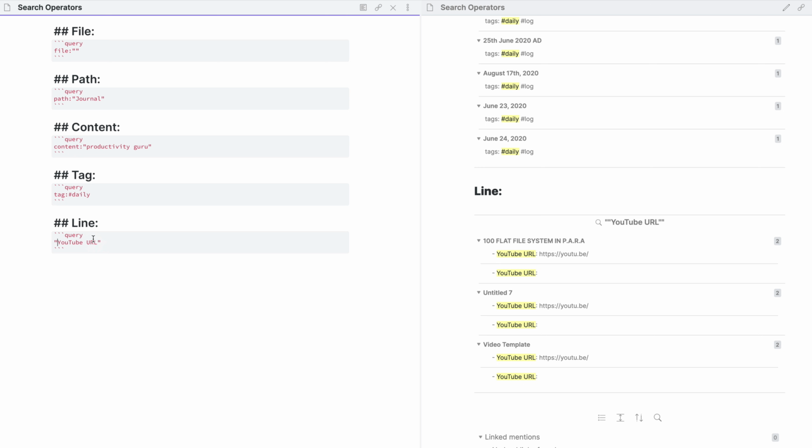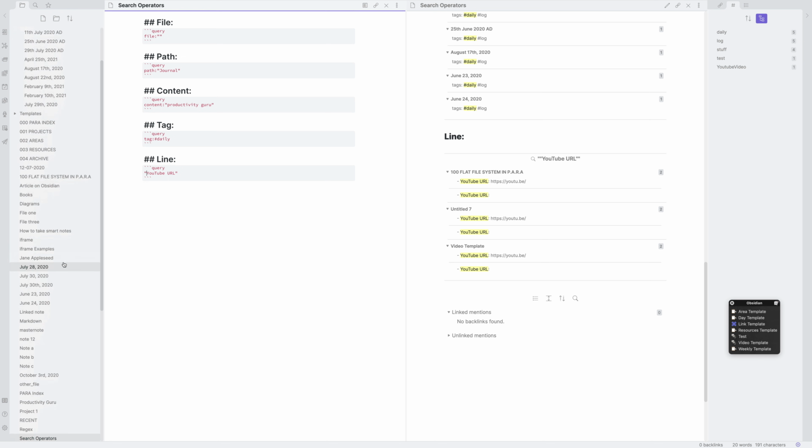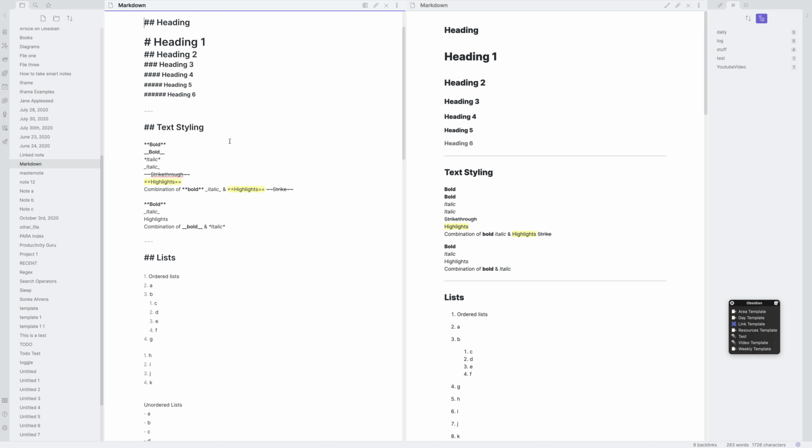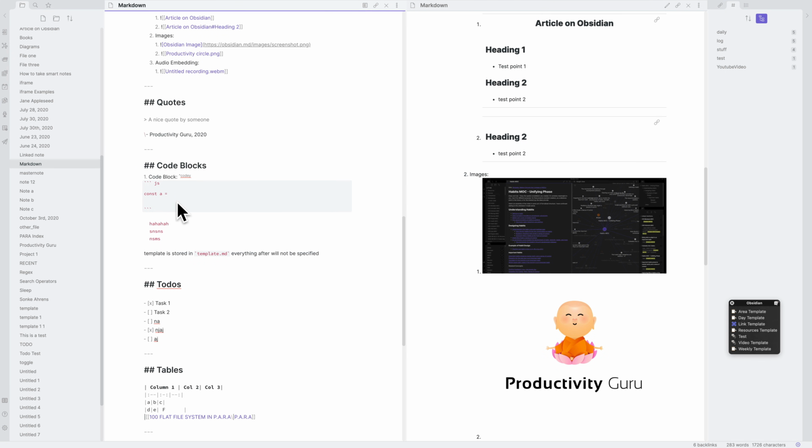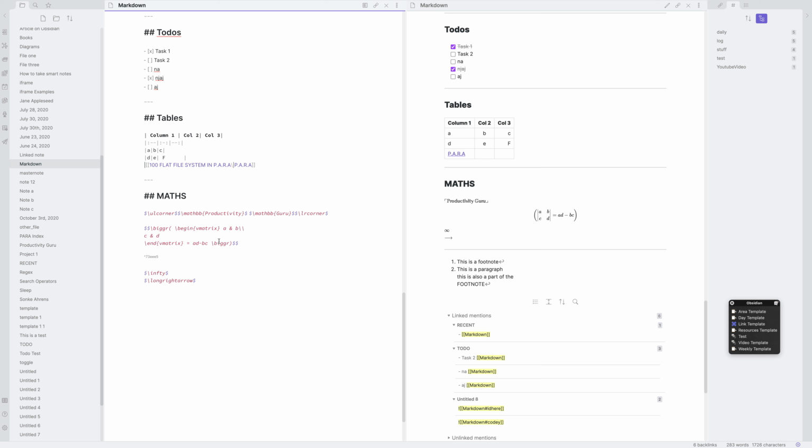Now let's open up the markdown note. Block is each line in this case. If we come to code, this is entirely a block. In maths, this entire thing is a block. You'll understand this more clearly in the block embed basics video that I'll be doing soon.